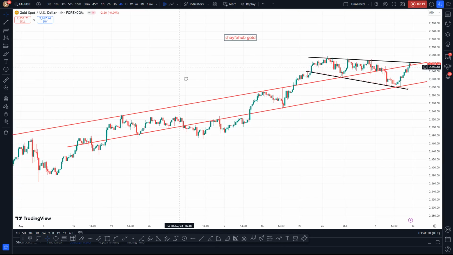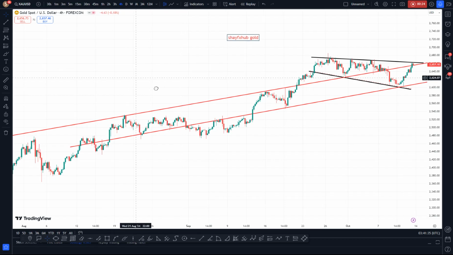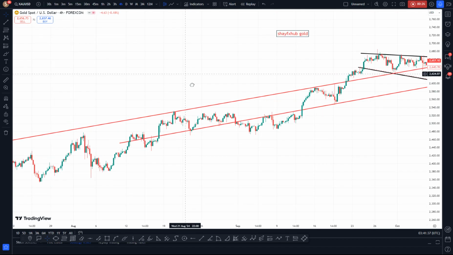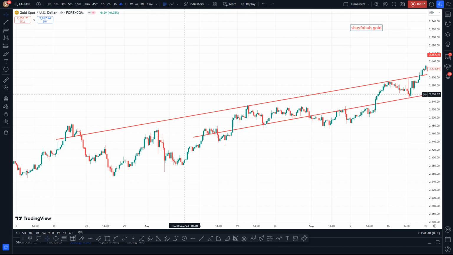XAUUSD, in line with the rising cost of metals, gold is showing some strong bullish reaction. Gold came in at 2,600 into 2,604, a very strong support structure, respecting the structure of the market, and buyers have shown very strong demand. And when we look back to how we started to make the structure of this pair, we looked at the yellow metal